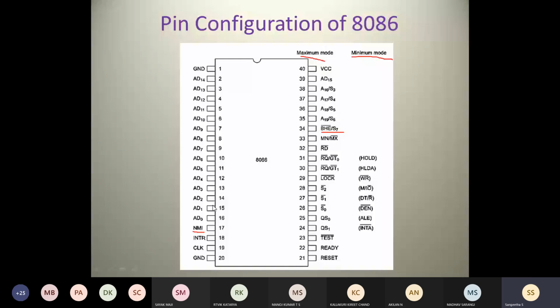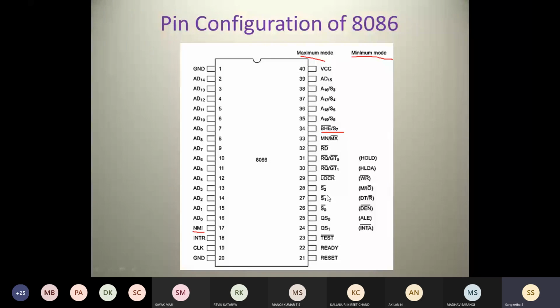In total the 8086 has 20 address lines and 16 data lines. The 16 data lines are D0 to D15, and they are multiplexed along with the address, which is why they are AD0 to AD15. Of the 20 address lines, 16 are already multiplexed with the data lines. The remaining 4 are multiplexed with the status lines S3 to S6.